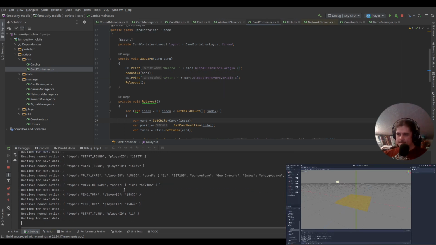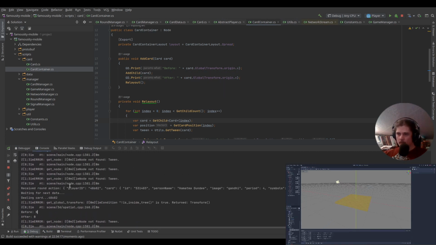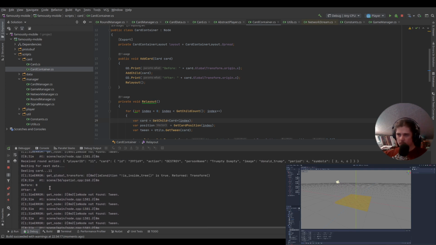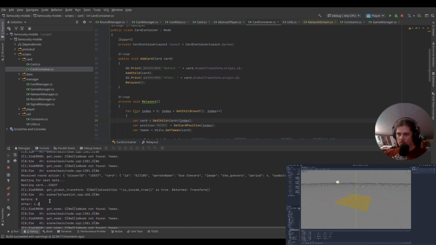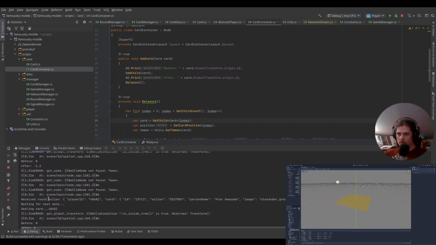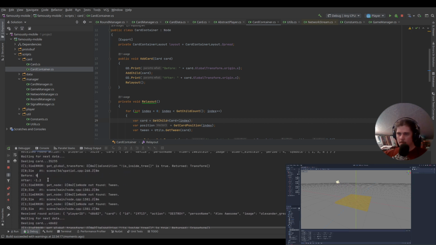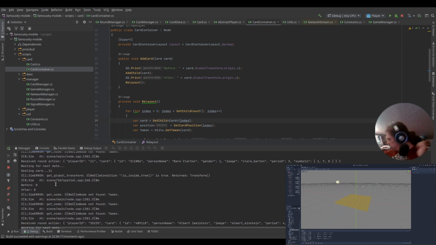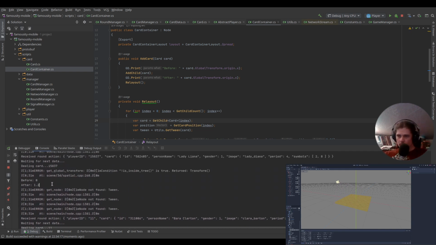No, it's not. Oh, it is. Okay, yeah. This for some cards, but not all of them. Why though? But yeah, so basically, if this is changing, it means that the card is moved, and that's not what I